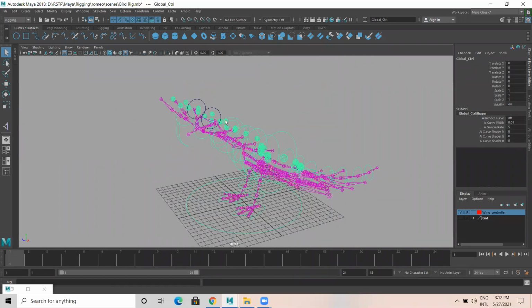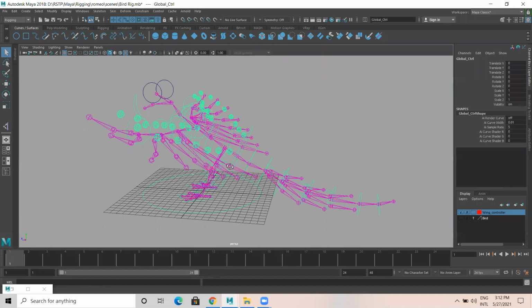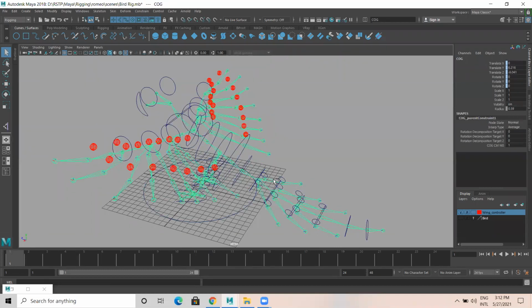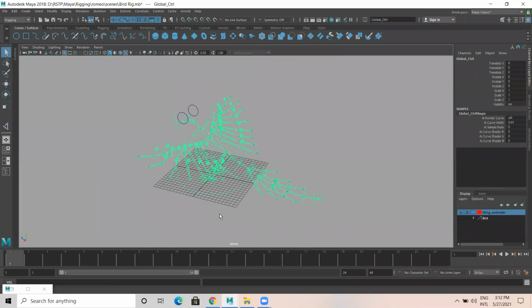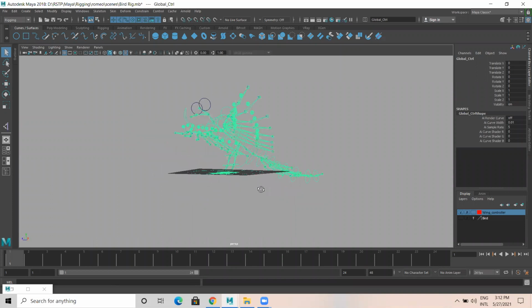Only the eyeball we need to work on. That will do. So what I'll do, I just select the cog joint, only the cog joint, then group it as joint group. Then select the joint group and shift select this particular curve, P, parent. That's the final step. Select the cog joint, group it, select the group, shift select the global controller, press P, it is done. Now if you select the entire thing and it looks green, that means the rig part is done.